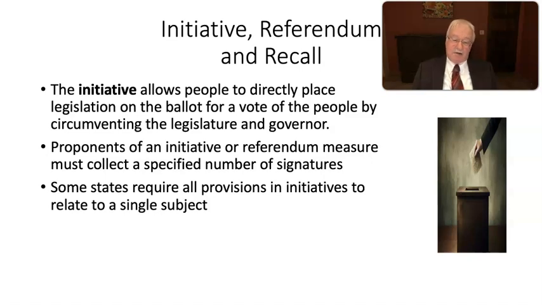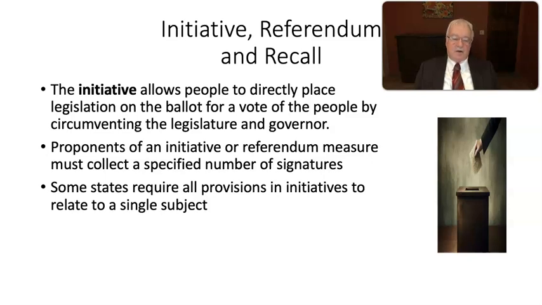There's also a ballot referral, where if people don't like a bill that the legislature passed in Arizona, they can collect signatures equal to 5% of the registered voters who voted in the last governor's race. And then that bill that the legislature passed goes on the next statewide ballot to be voted up or down by the voters. So that's the initiative and the referendum.